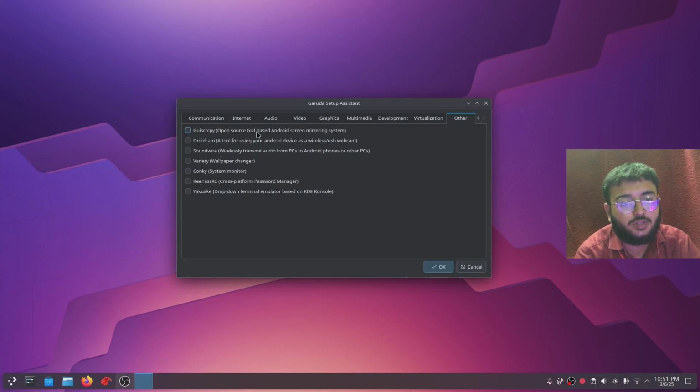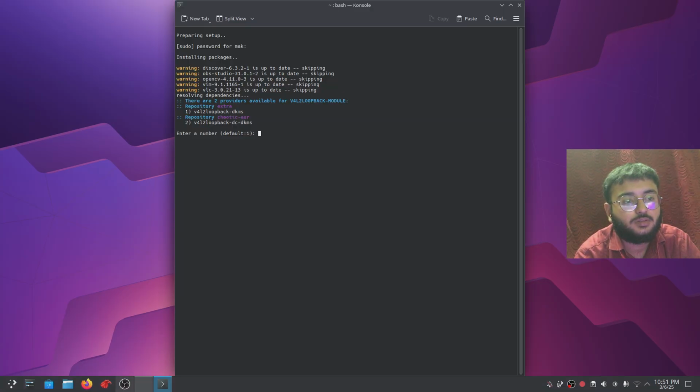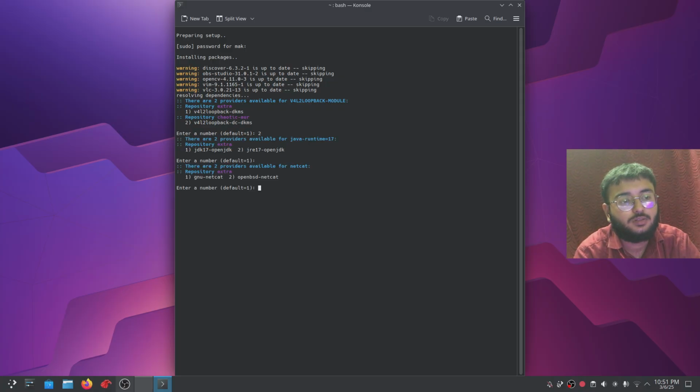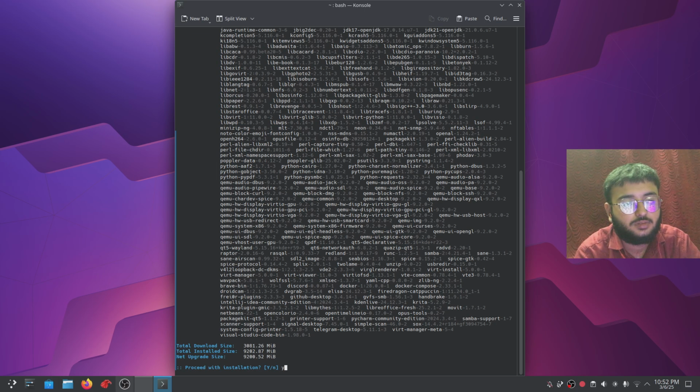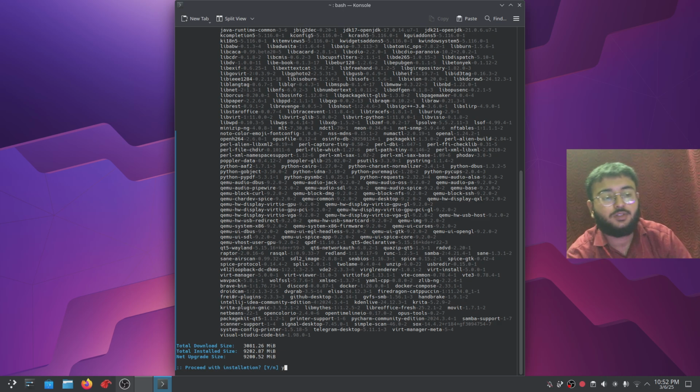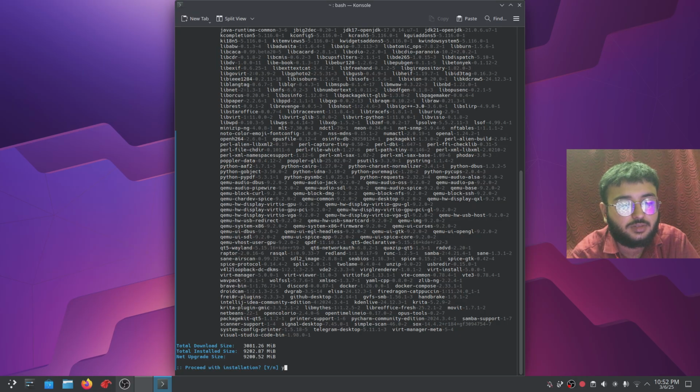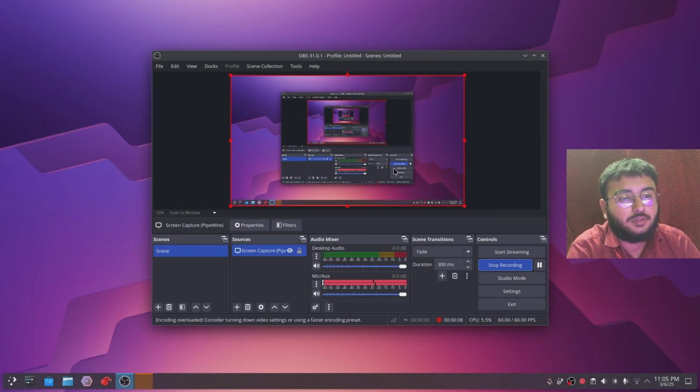Click OK, enter your password, and it will ask for a go for second since we are installing from the KUR to KUR. Yes, and yes, so it will install all the dependencies and all the software which we have selected. Currently it is 3 gigabytes of download size. Let it install. So the setup is done, and now